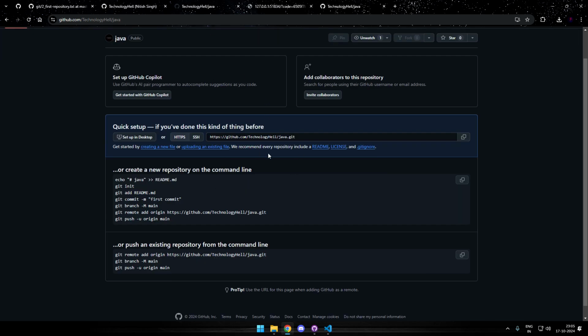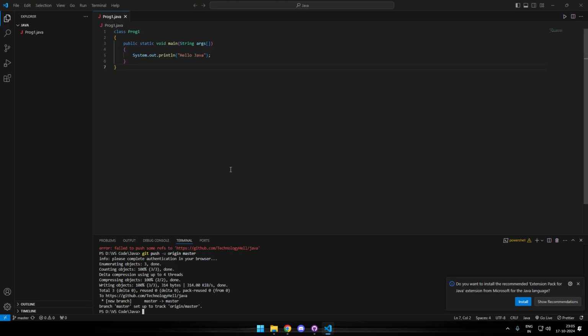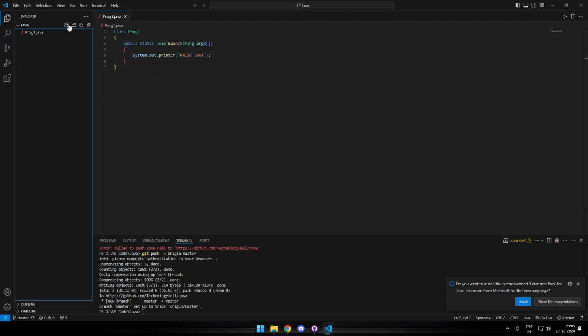Here it's showing blank, but if I refresh, it shows the first file that I have pushed. So yes, that's really simple. That's all you have to do for pushing the files to your repository through the command line. Now, in case I create more files here,